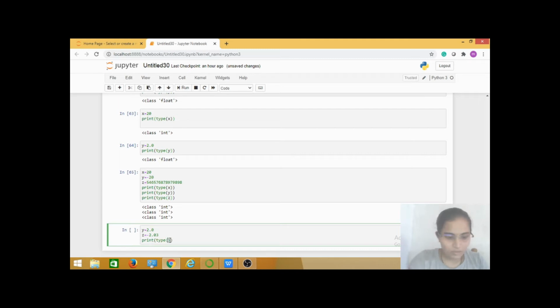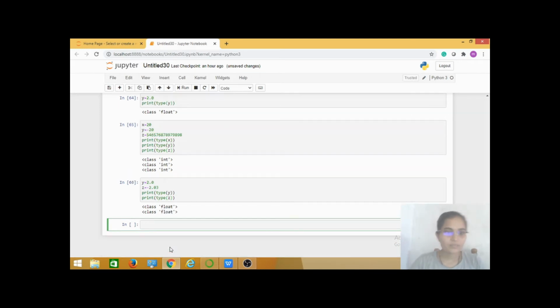Here I want to find what type of data y contains, and again I am using the same statement for z. See here, these contain the float data type, because the number may be positive or negative. If that number has decimal points, it is considered a float data type.